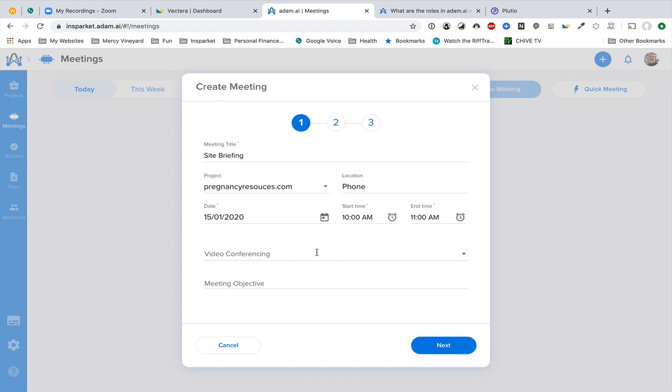All right. So this allows you to choose your video conferencing. Now, the only option right now is Zoom. It would be awesome if Vectera was available. So if any of you Adam AI guys watch this, an integration with Vectera would be wonderful because it was a massive AppSumo deal, so many people on that. And then meeting objective, you know,